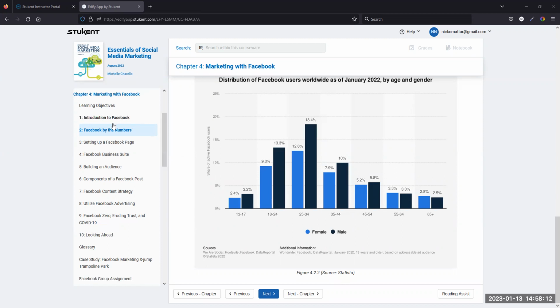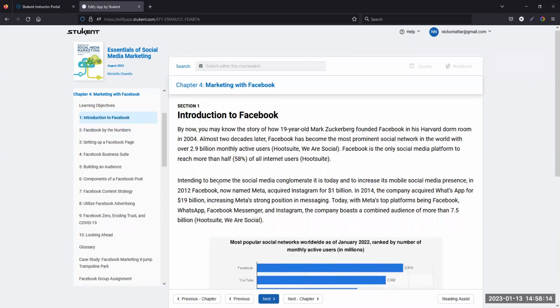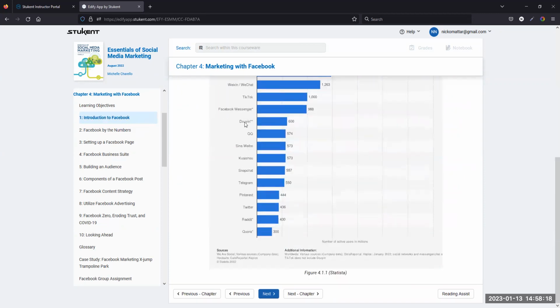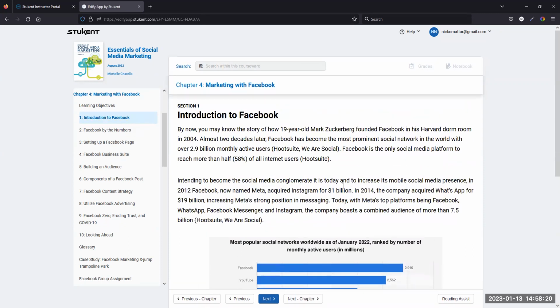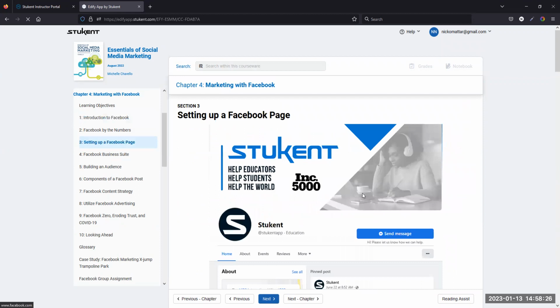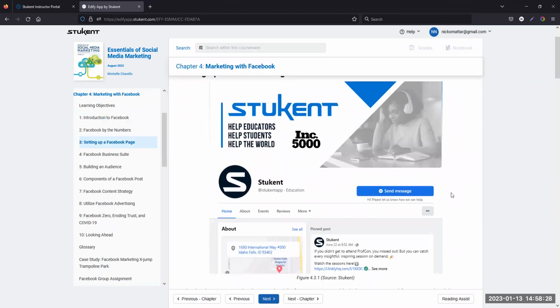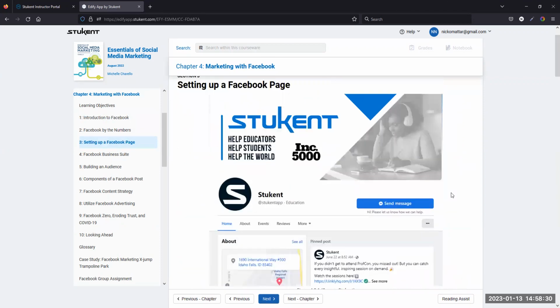Now, I digress a little bit. I did want to step back as an introduction to Facebook a little bit. This is really an overview of the social network. If you're not familiar with its history, be sure to go in there and read up on it. Section 3 is how you set up a Facebook page as a business. I don't think this is a particularly relevant piece,